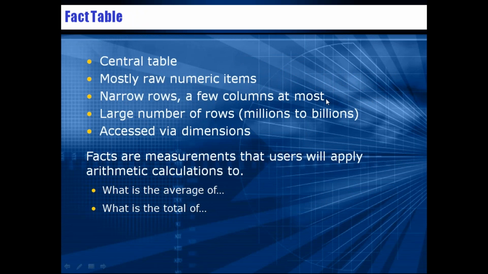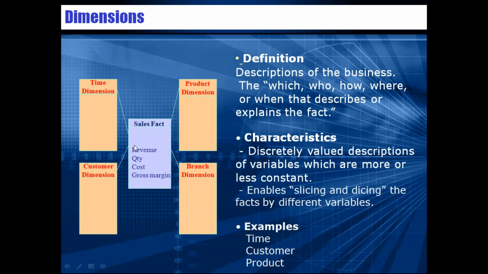And coming to the fact tables, the fact tables are central tables. Generally in the pictures it is shown in the center because it has the relation with all the dimensions. How does it build the relation? By having foreign keys of all the dimensions within it. It can maintain all the relations, because if you see the time dimension, we will have a time ID here. In the sales fact, we will have a time ID here as a foreign key. So here it is a primary key, here we have a foreign key. So this fact table will have a relation with all the